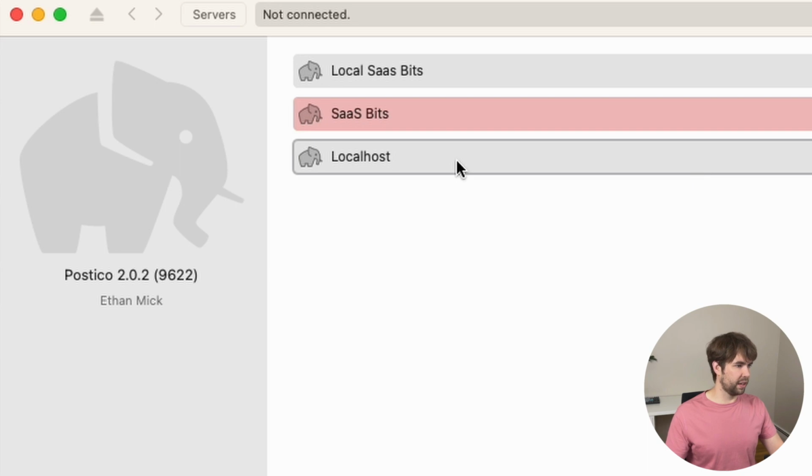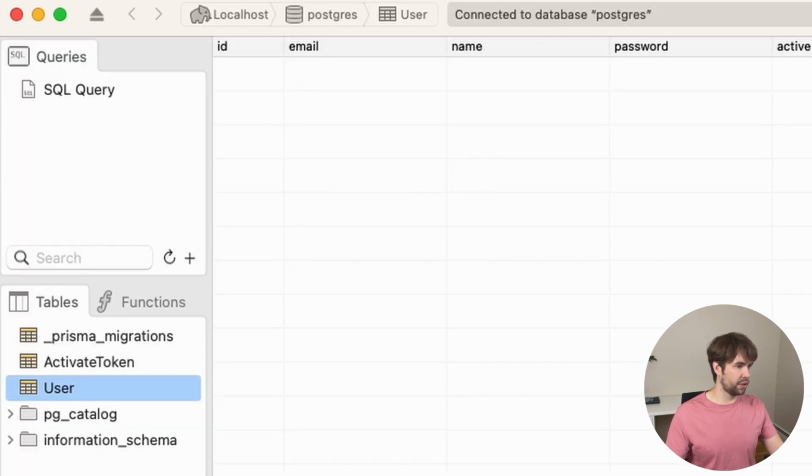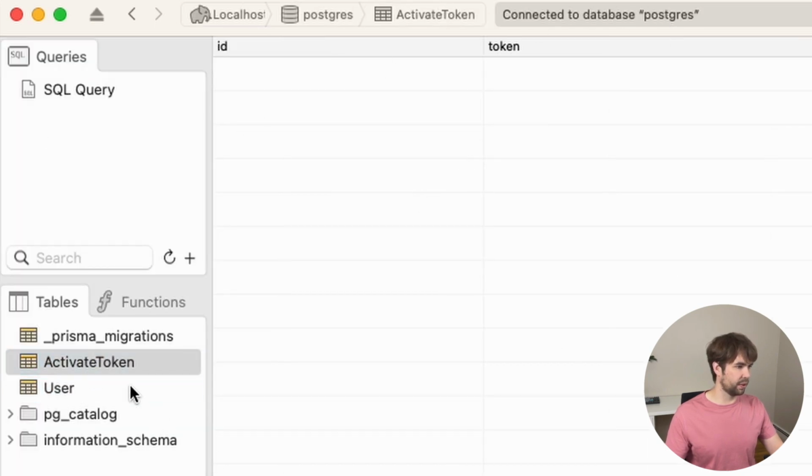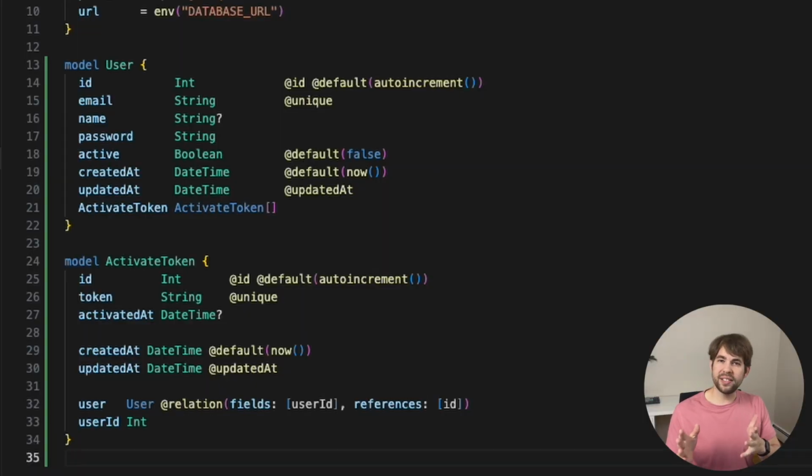Here, we're just going to validate that it worked, refresh. So we got our user with all the stuff and activate token with all its stuff. Great. One of the reasons I like to separate out the activate token instead of just putting the token field on the user is this will give you a built-in audit trail for how many times a user has tried